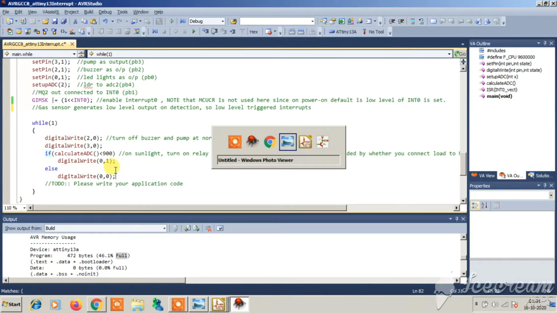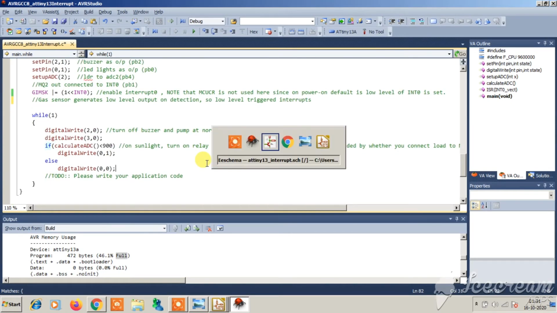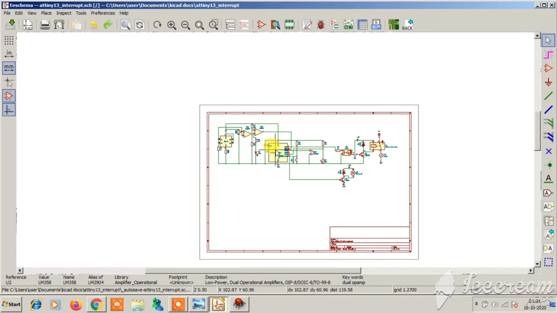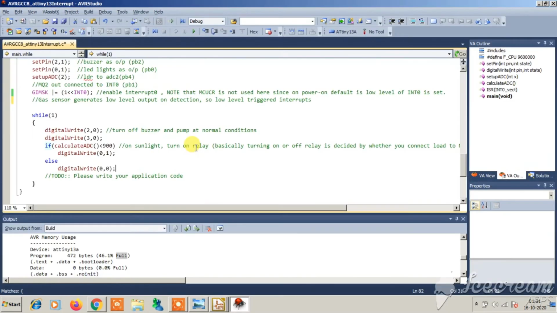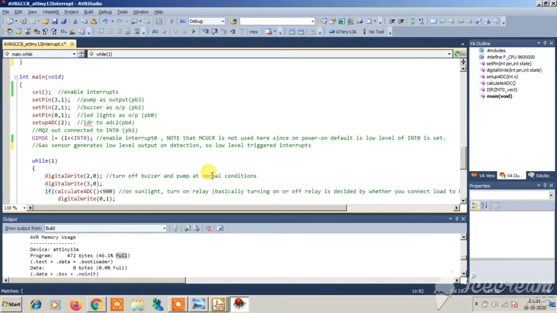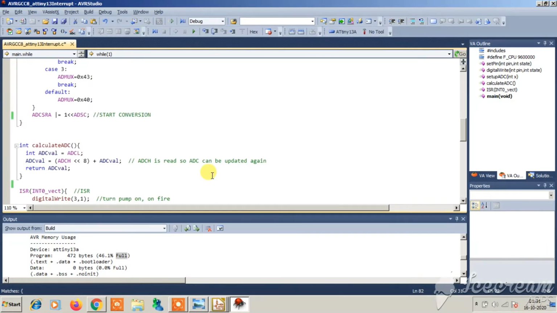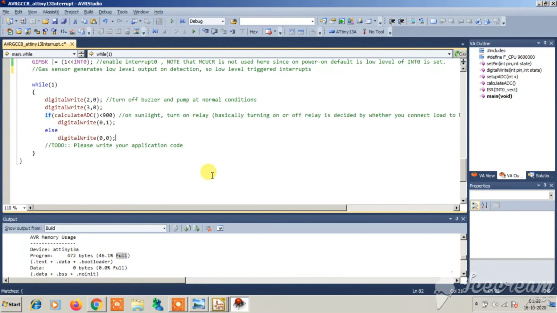So all lines of the code are in accordance with the circuit diagram we just described. Have the circuit diagram with you and then observe the code. It should be fine for you to understand. Also there are a lot of comments so that you can understand. This code will be posted on GitHub and the link given in the description, so that you can watch the code and tweak it as per your requirement.